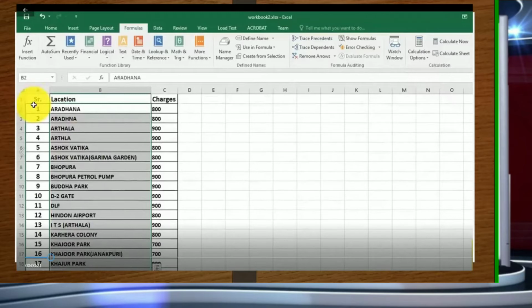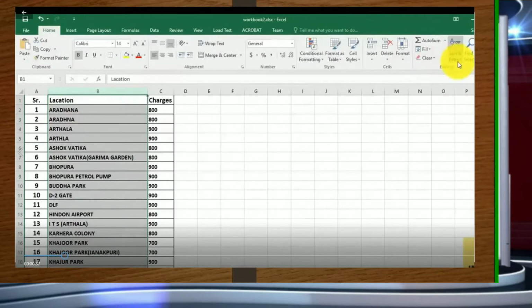And now if we have to go for the sorting, what do we have to do? We have to go and select a column on which we have to go for the sorting. So right now we have selected the column location. When you click on it, you will find it on the column header. You will find out all the data in that location or in that column is highlighted. Once it is highlighted, then we have to go for the sorting option. So how can we do that?